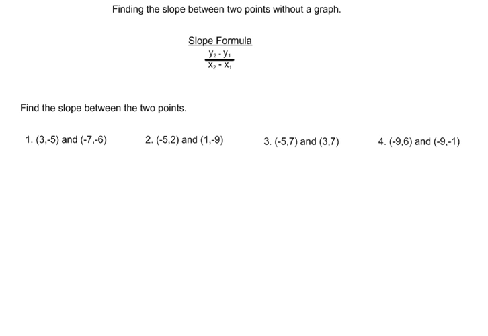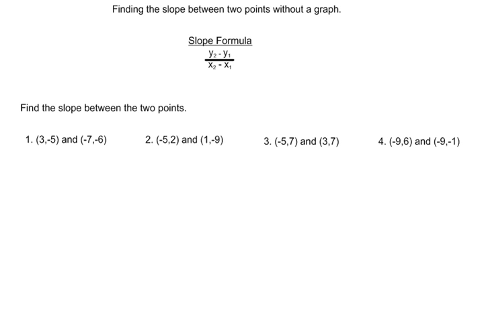Okay, so we're going to take a look at how to find the slope whenever you don't have a graph. And so, like we've been saying, finding slope always goes in between 2 points. Well, in this case, we don't have our graph, but they did give us our points. You could always go and graph these 2 points and then do rise over run. It would be a lot of work when we have something that we can do that's even easier, and that's